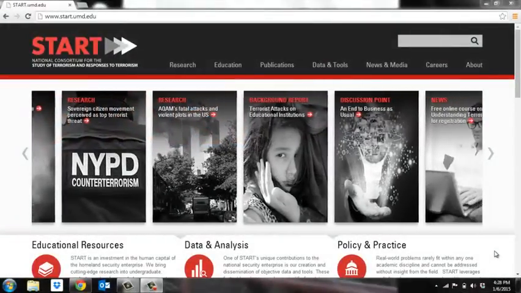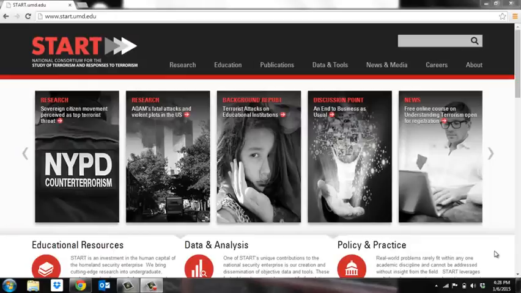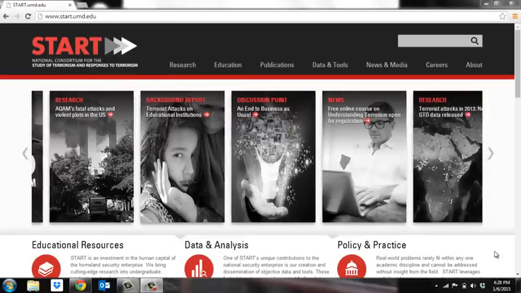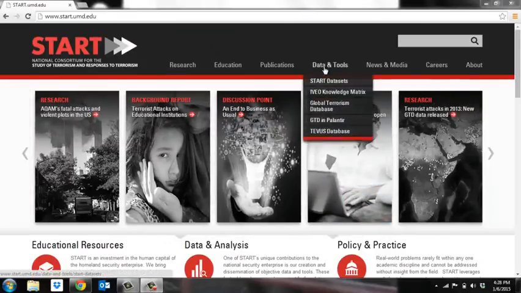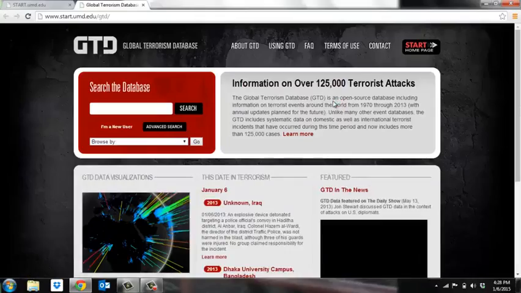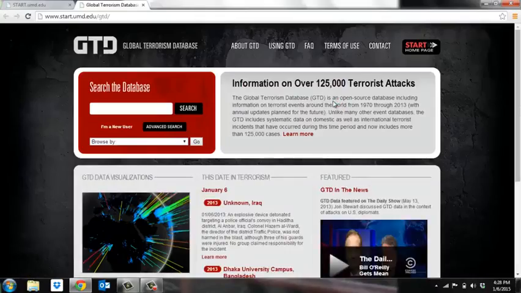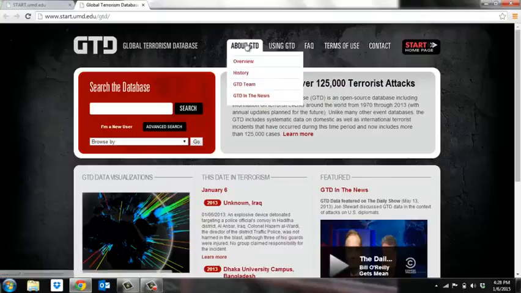The Global Terrorism Database is available on the START website, where users can browse, search, analyze, and download the data. To find the GTD portal, mouse over the Data and Tools drop-down menu and select Global Terrorism Database. The GTD website is a resource for users of the database with important documentation on the history of the data